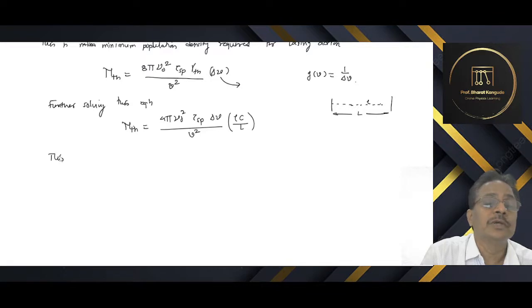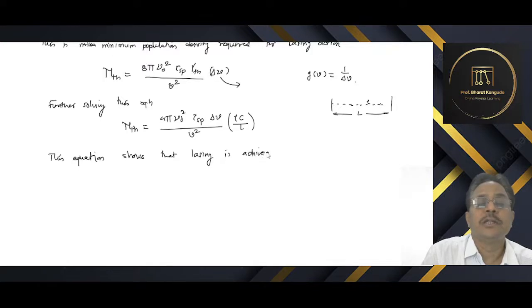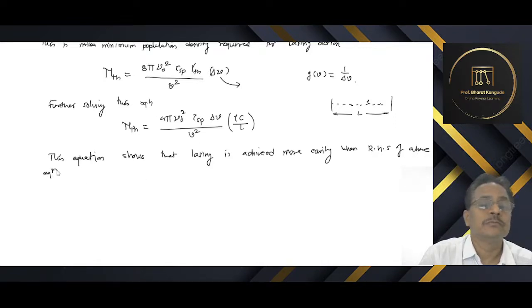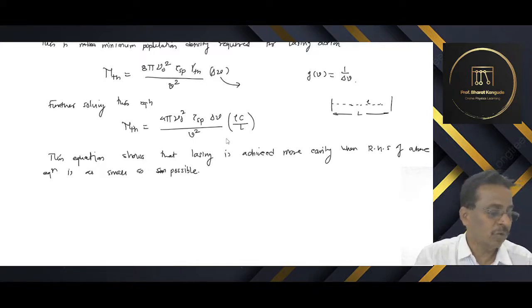This equation shows that lasing is achieved, that means laser will be created, laser light will be generated, lasing will be achieved more easily when the right hand side of the above equation is as small as possible. So we have to make this as small as possible, and to achieve critical inversion